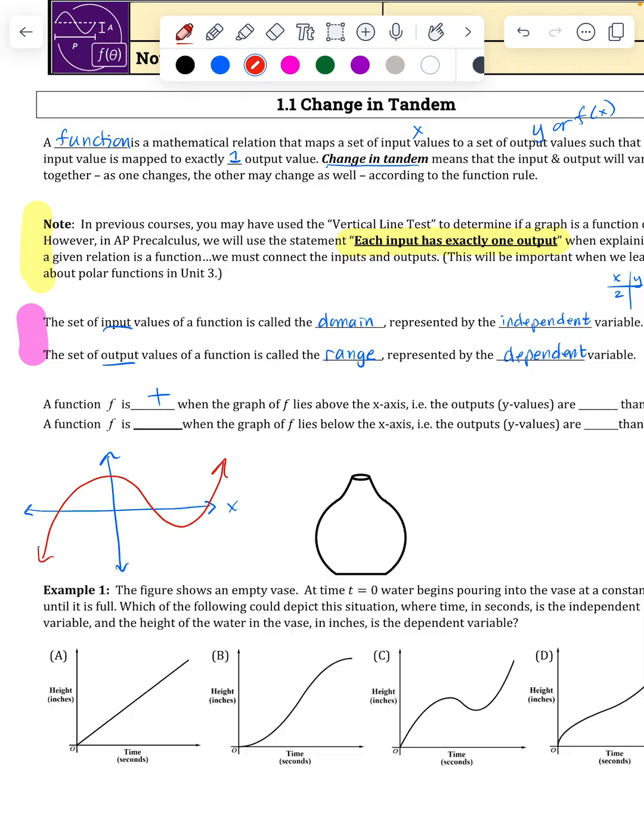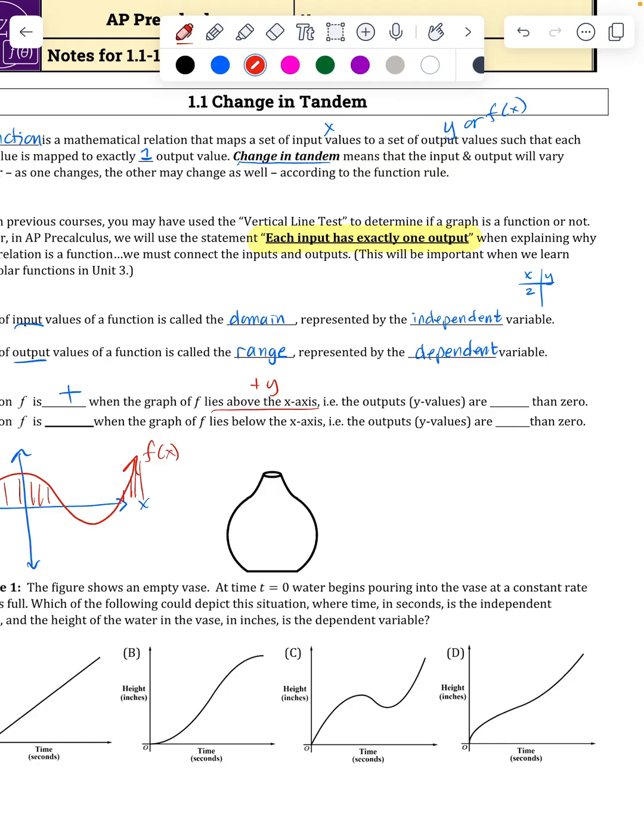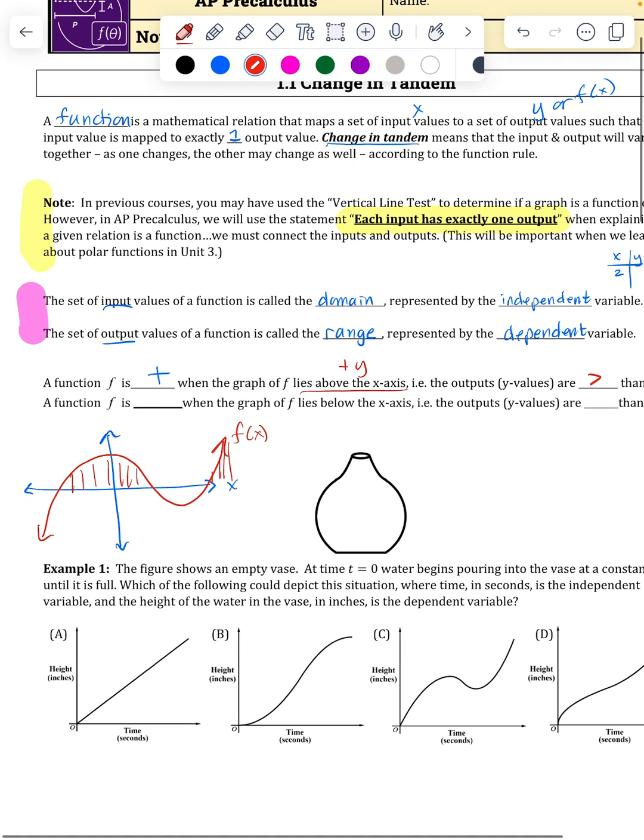that function is positive. So this is my function, f of x. It is positive when it is above the x-axis because that is where you have positive y's. So keep in mind that that would be here and here. Those are places where my y is positive. And so my y values are going to be greater than 0. Not surprisingly,